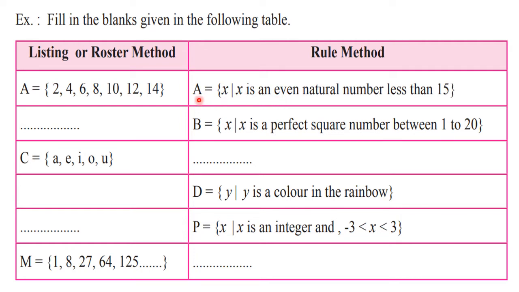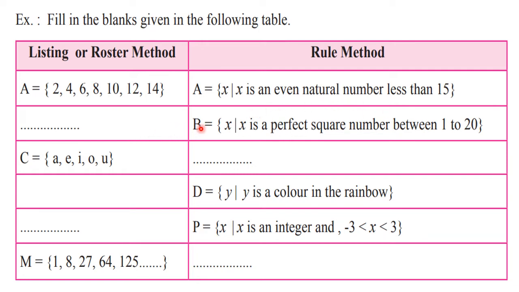So how are we going to write it? A is a set of all x, then a standing line, such that x is an even natural number less than 15. You can write less than or equal to 14 also, or you can write the statement using symbols, because here you can write n belongs to capital N, or x belongs to capital N. In place of x you can take n also, any letter you can take. Small n belongs to capital N, or you can write x belongs to N and then x is less than 15. You know the less than symbol, so you can use symbols also, your choice, or simply you can write the statement.